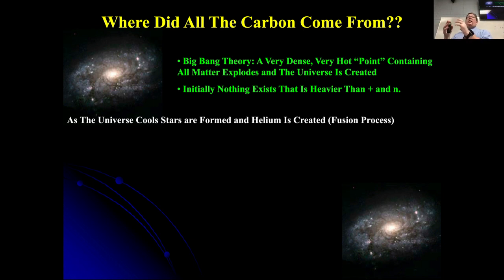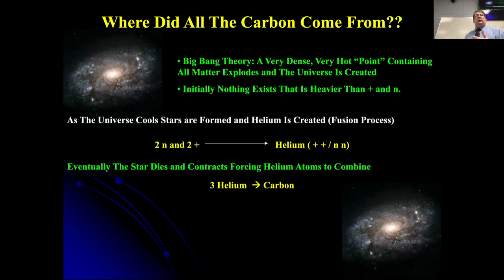And so the easiest thing to think about is a proton coming together with an electron. Remember, a neutron is nothing more than a proton plus an electron, okay? So a proton and an electron come together, you get a hydrogen, you get two hydrogens coming together, and you start to form helium. We know that when we look in the universe that there is more hydrogen and helium than anything in the universe. And then this helium starts to come together through a fusion process to form carbon.